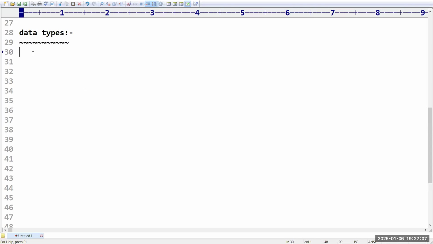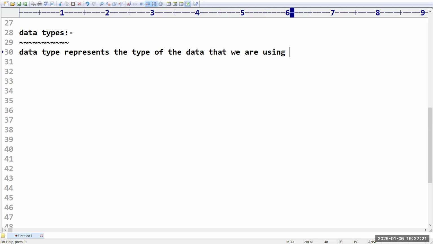So what is a data type? Data type represents the type of the data that we are using in our Java program. Let me give some examples, then you will get clarity.